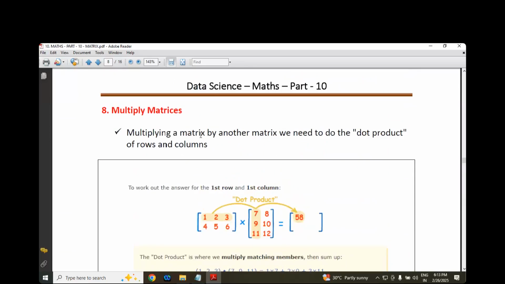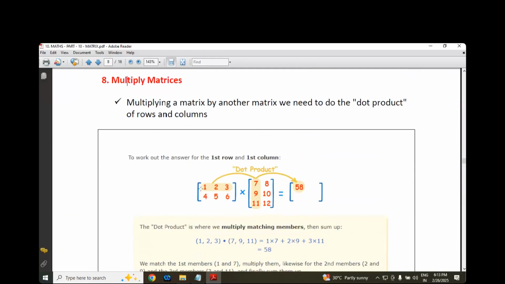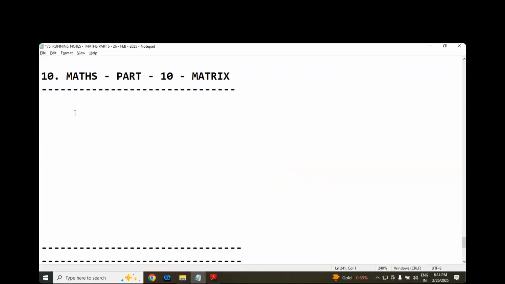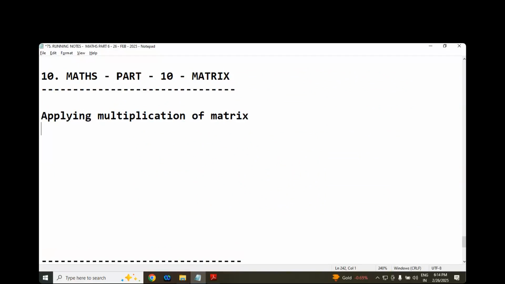Here is the story. If you want to multiply, from the first matrix you always have to take the first row. From the second matrix, you always have to take the first column actually. Make a note on this one. Right, good. Now please make a note. And one more point. Whenever you are applying multiplication of matrices actually,